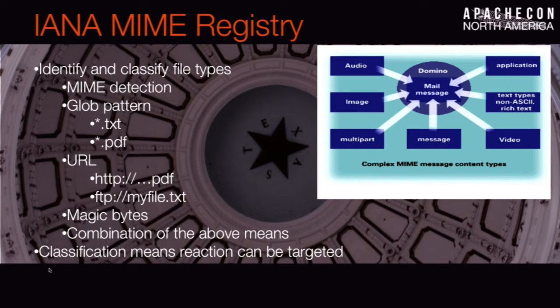And it's actually only showing 7 of the top level types. They added an 8th one later. But these are things like audio, image, multi-part, message, video. These are top level types for specifying things. So remember how I told you that the MIME registry says there's about 1,200 file types out there, and it says a lot of information about how to detect those types and what to do with them? Well, that's really useful information to exploit and use in particular ways.